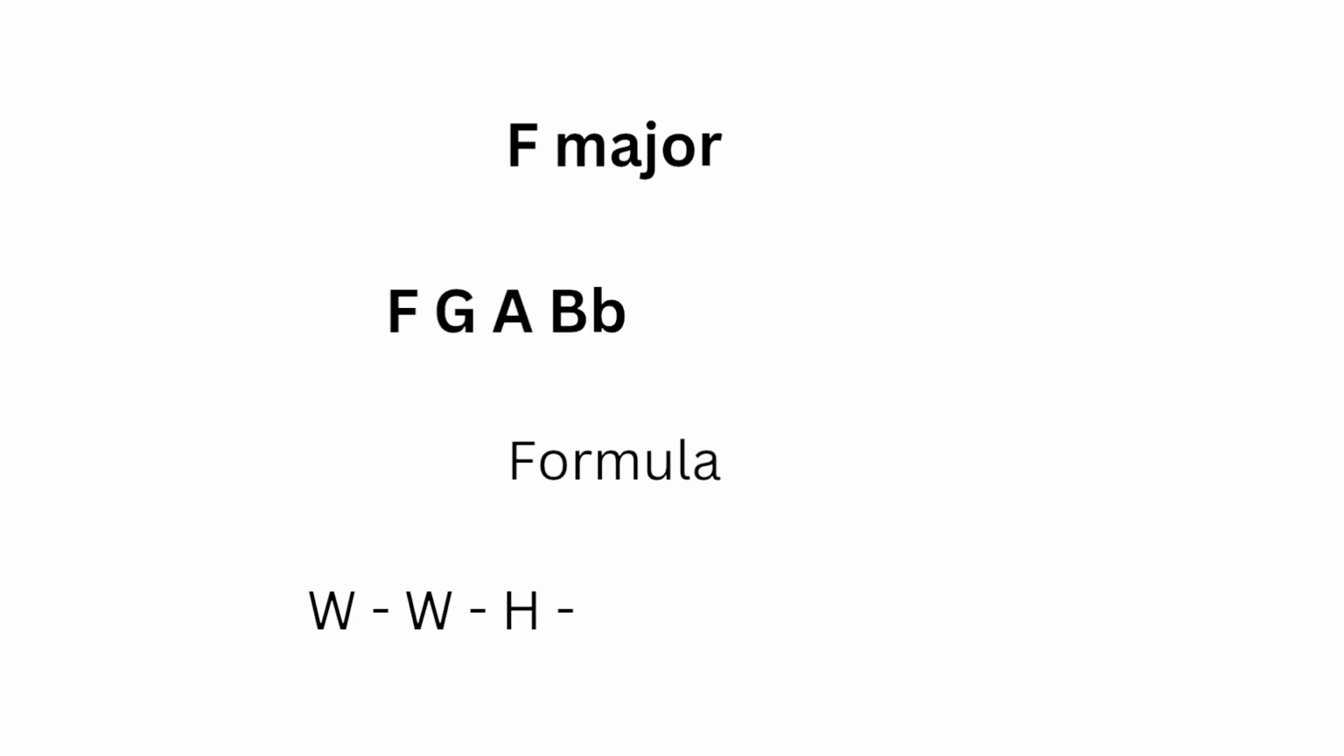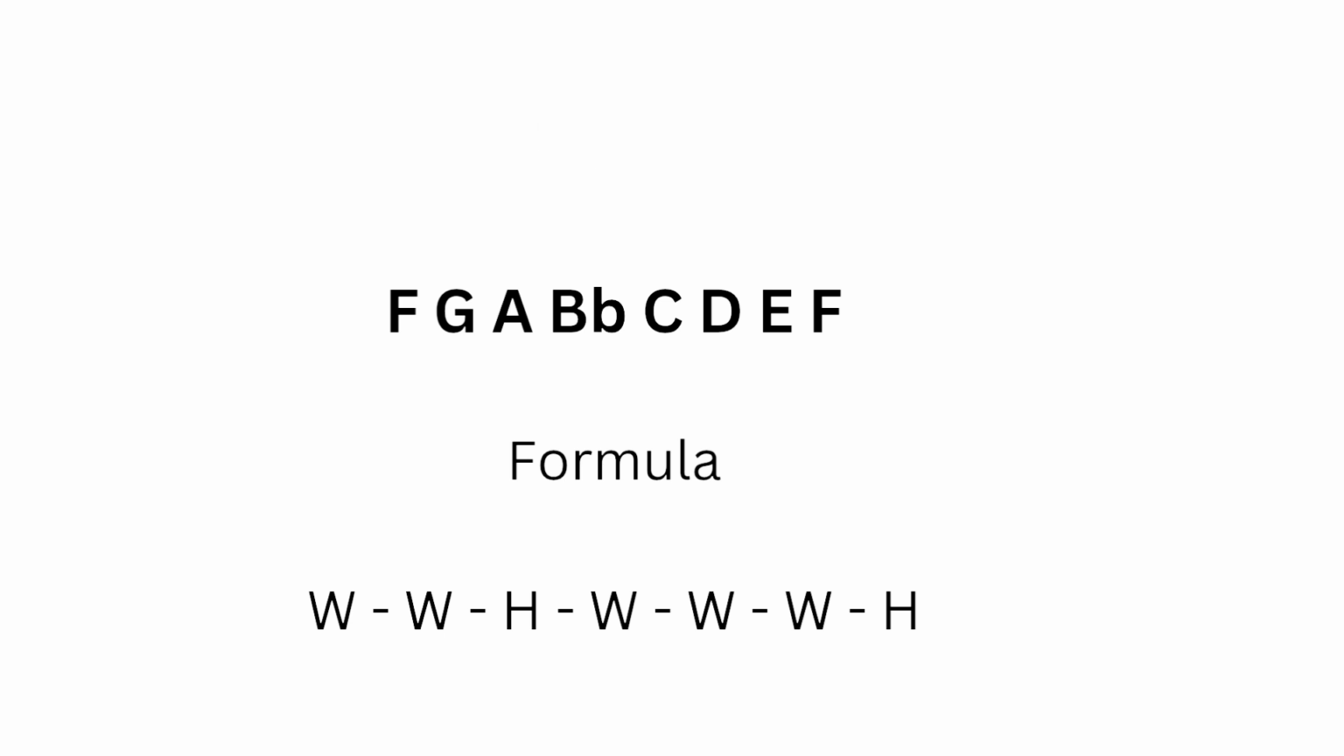F major scale. F major scale has one flat, that is B flat. The formula of the major scale is whole step, half step, whole step, whole step, whole step, and half step. The scale goes like F, G, A, B flat, C, D, E, and F, where F to G is a